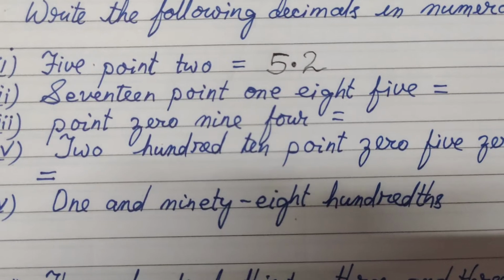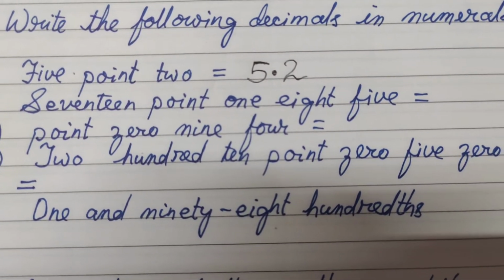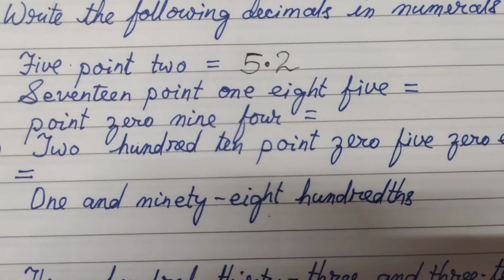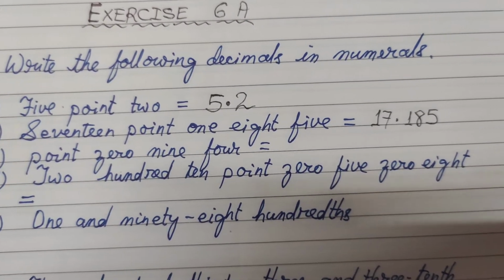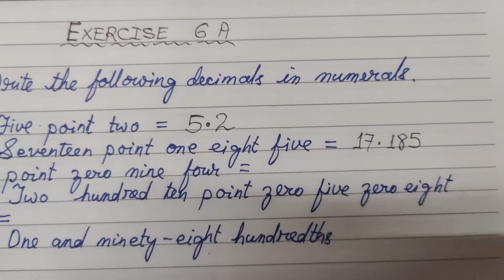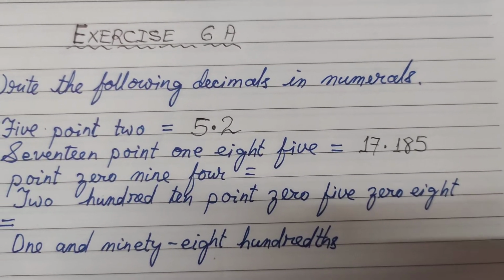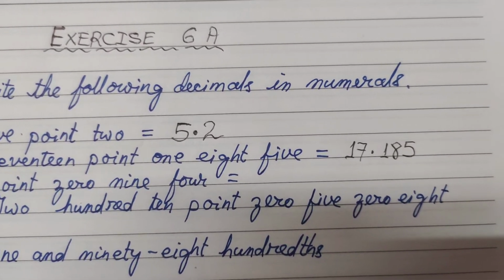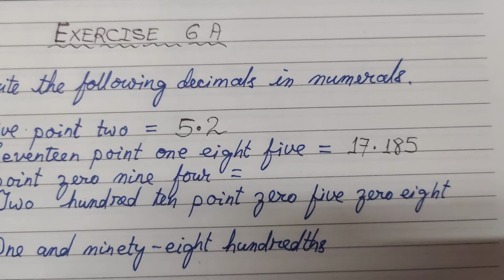The next question, 17.185. It is as the sentence reads, so the number also will be written. Okay, here you can see it, 17.185. I have written with the black ink there. 17, point means the decimal sign, 185 is just written in numbers 185.